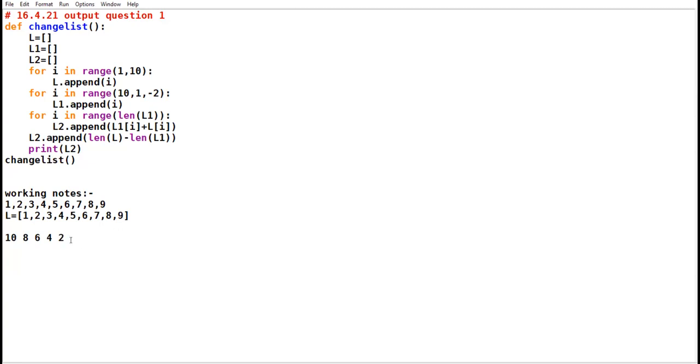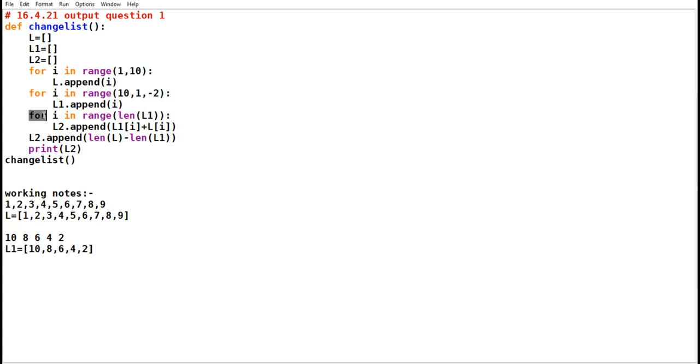Right? If I subtract 2 after 2 it becomes 0, so this condition fails. So these elements get added to the L1 list. L1 list becomes 10, 8, 6, 4, 2. This is the L1 list.